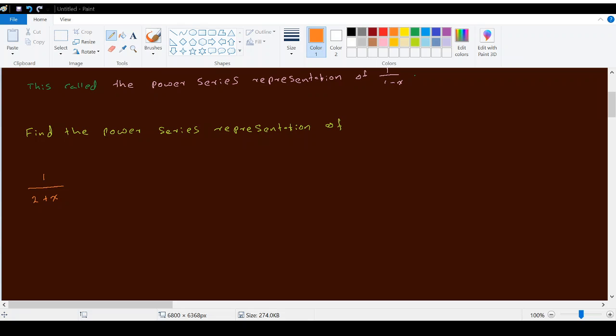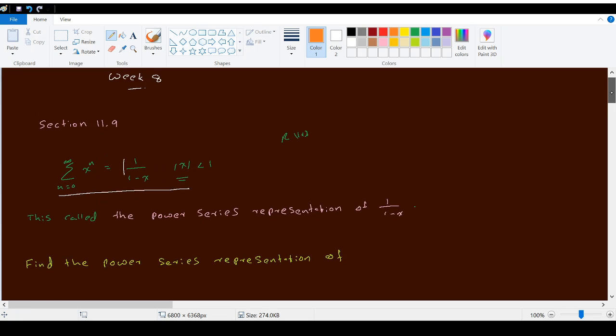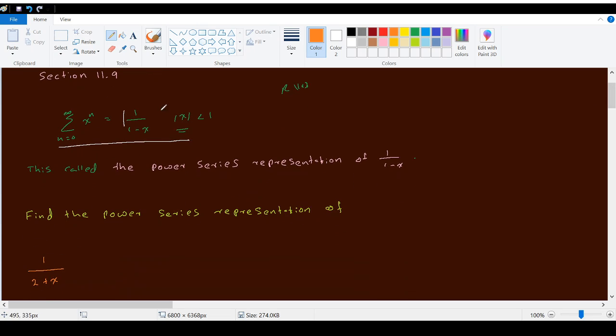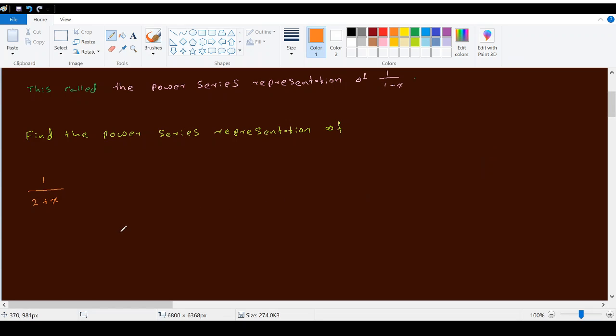Let's do some more examples on obtaining the power series representations of given functions. So let's take this one. Now in all these cases, what we should try to do is to convert the given function into the format of 1 divided by 1 minus something, right? Because then we will have